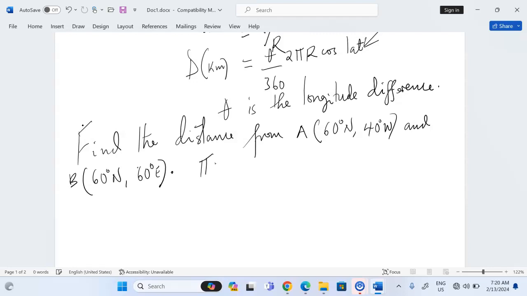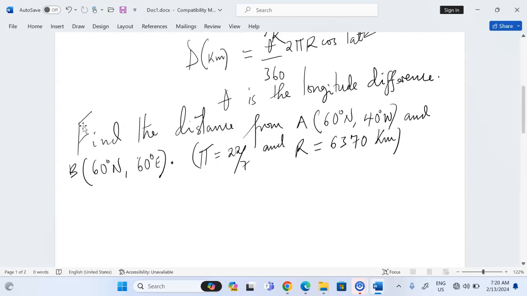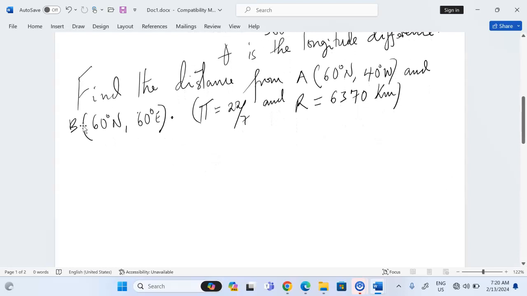You are given pi as 22 over 7 and capital R as 6370 kilometers. Those are constants which more often than not are going to be provided. The solution,